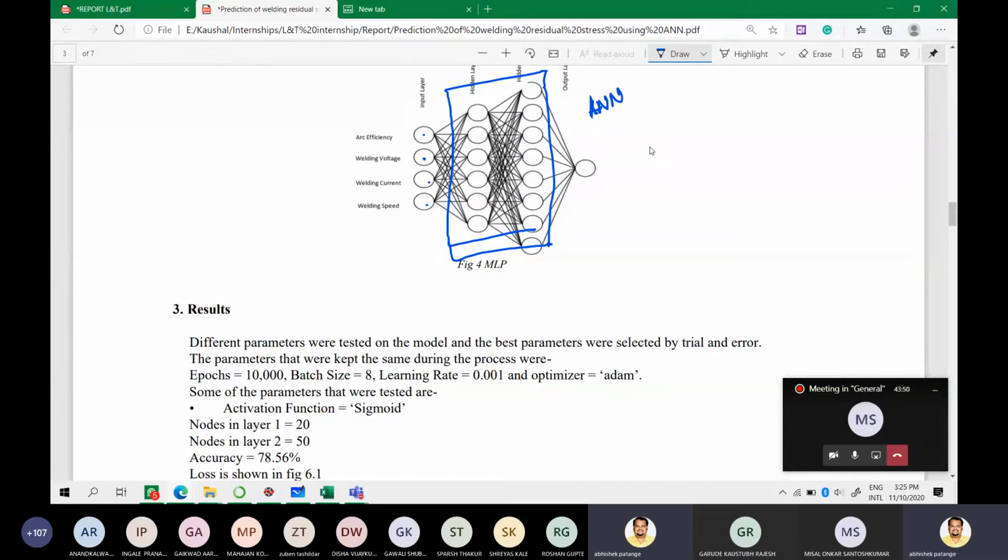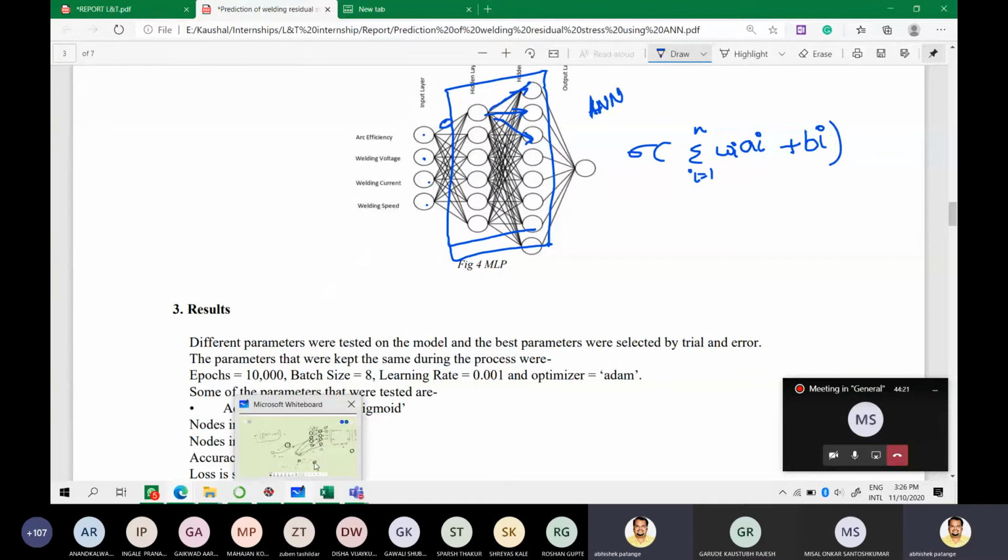So there will be a summation, sigma i equal to 1 to n, of the weight w_i of each connection into the activation function, plus the bias of each node, and taking the function of that will be the output to the next node, right? And this is the math behind it, I would say.